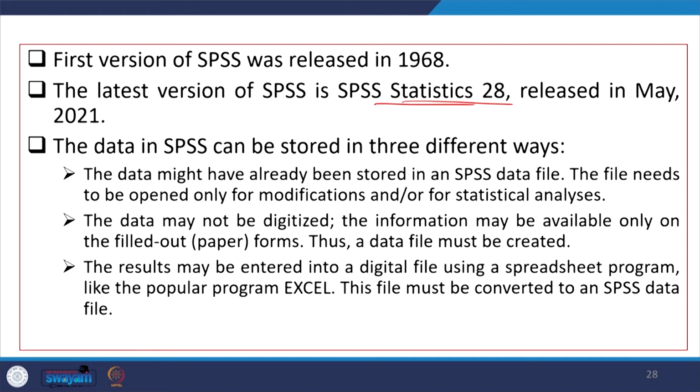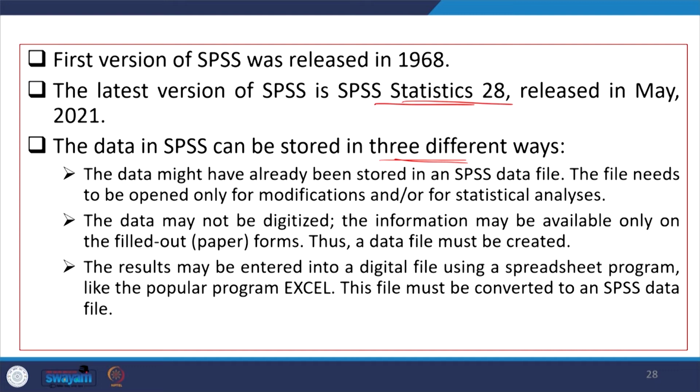The data in SPSS can be stored in 3 different ways. Okay, that is most important. The data might have already been stored in an SPSS data file; the file needs to be opened only for modifications and for statistical analysis. The data may not be digitized; the information may be available on a filled-out paper form.